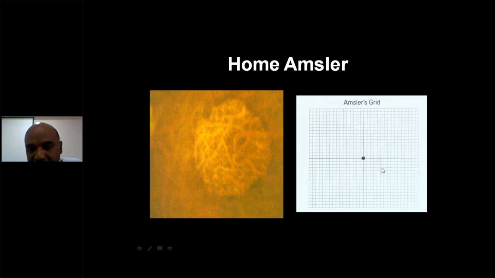If the patient has this Amsler grid, what does it do? It tells the status of the macula, whether it is healthy or not. If the patient has some macular problem, the area around this black spot will not be clear for him. It will show a scotoma in this particular area. So daily he has to monitor his vision by using this Amsler grid.